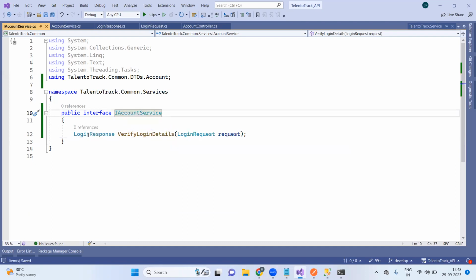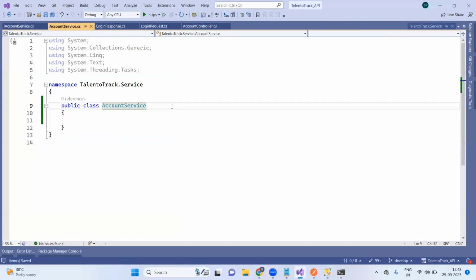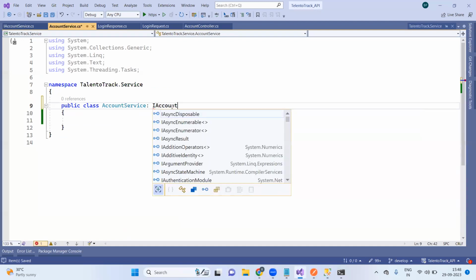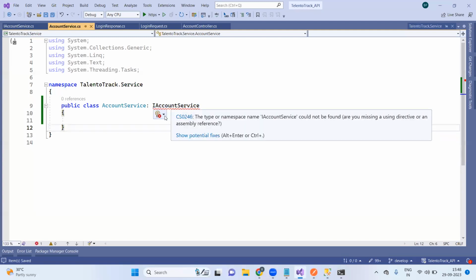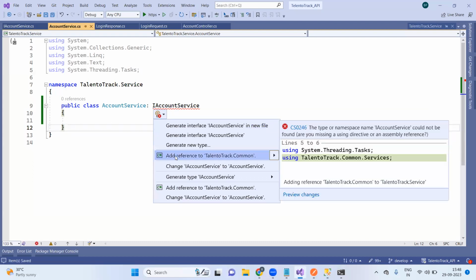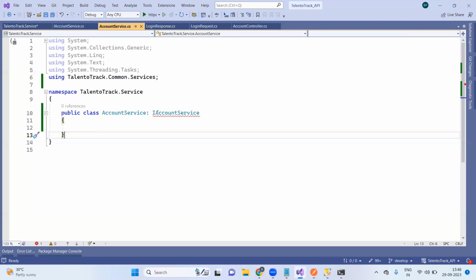This account service needs to inherit or implement this method in the AccountService class. So here in the account service, we will implement that method. What is that interface name? IAccountService. This IAccountService is not recognized because it is available in the common project, and we need to add the common project reference into our service project. You can see the suggestion to add the project reference. We got that. Now why is it showing an error message? Because